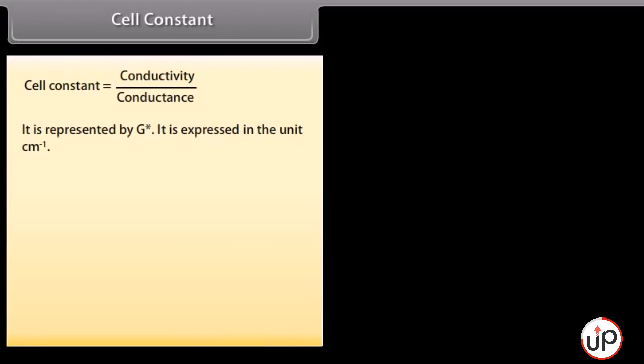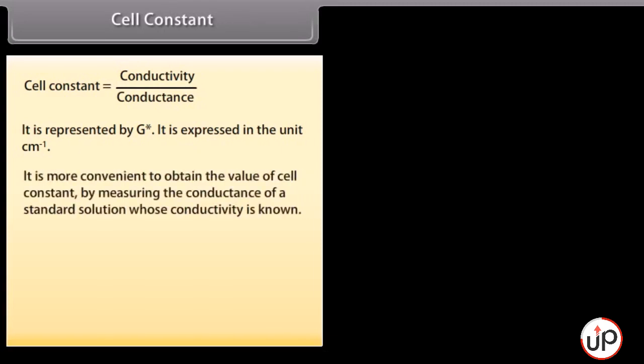Cell constant. Cell constant is equal to conductivity upon conductance. It is represented by G asterisk. It is expressed in the unit centimeter inverse. It is more convenient to obtain the value of cell constant by measuring the conductance of a standard solution whose